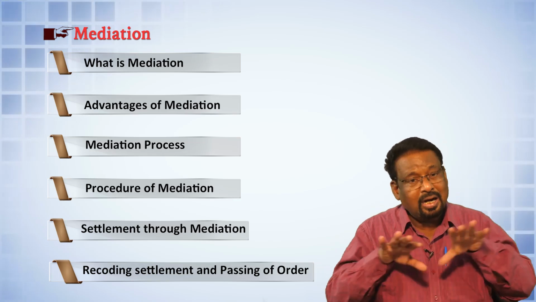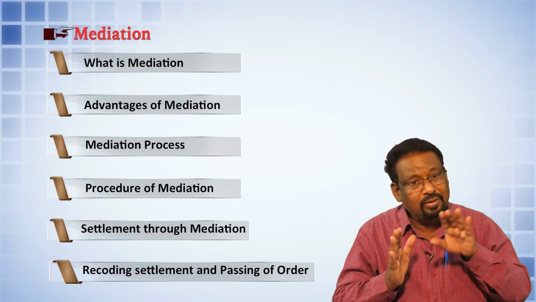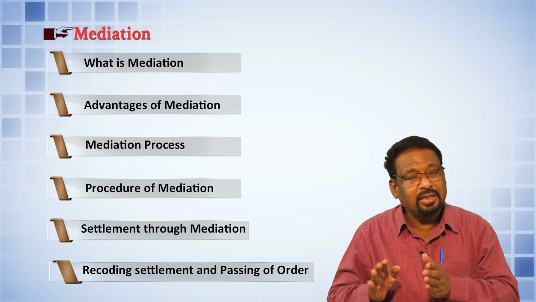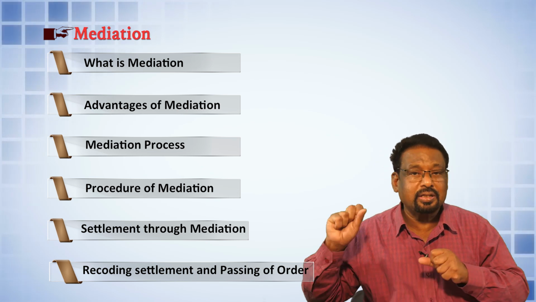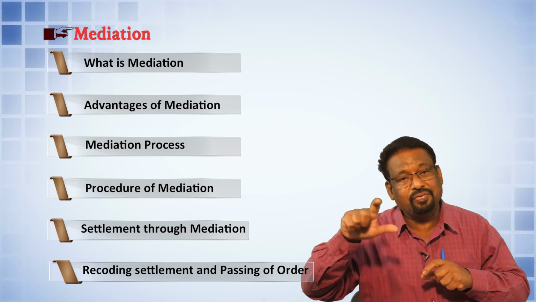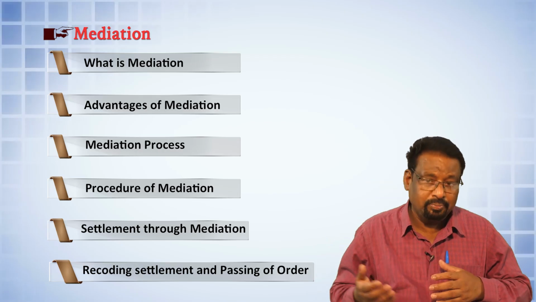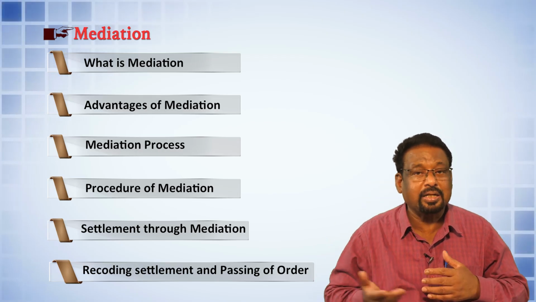concerned commission, and thereafter the commission will keep aside the issues on which consensus has been arrived at. Then it will take up only those issues where consensus has not been reached. Further proceedings are initiated for the settlement of the dispute through the commission's mechanism. So settlement through mediation means that, based on the mediator's report, the court will pass an appropriate order recording the settlement. That is what we have talked about.